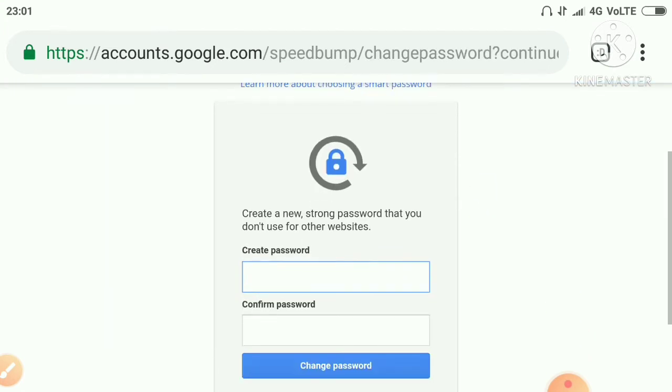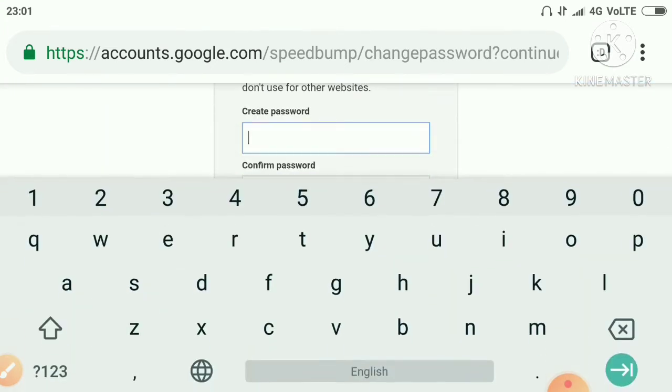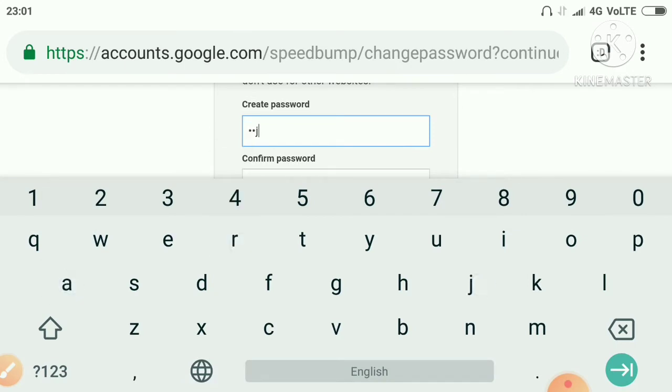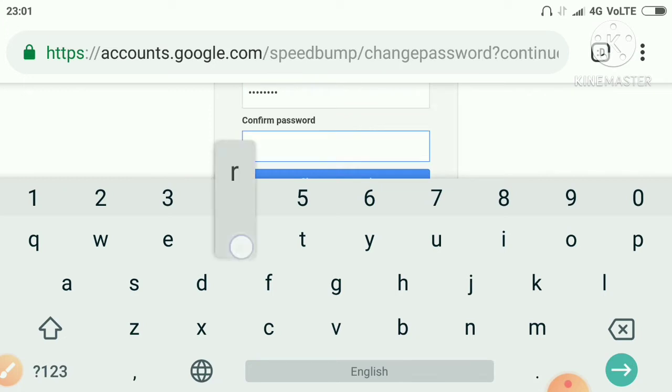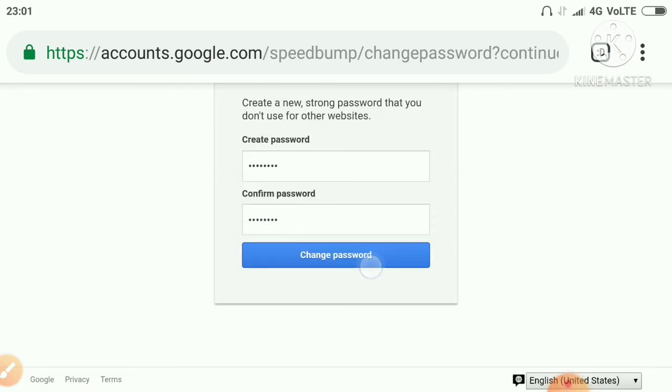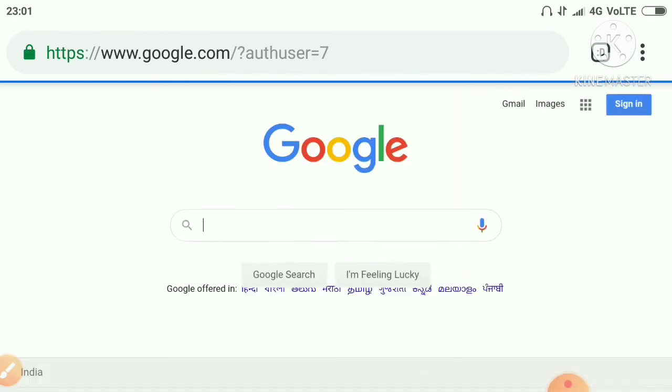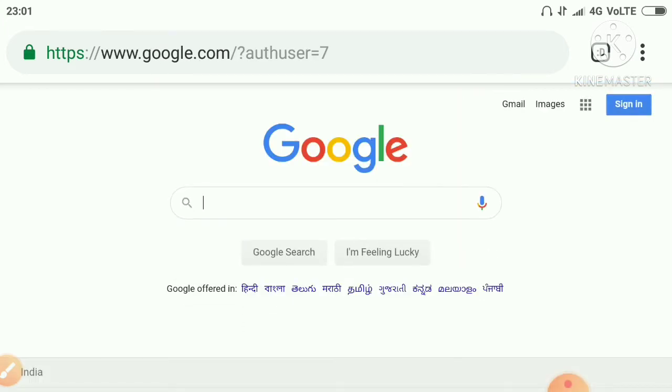After that, it will ask you to change your password. So you have to write your new password here. You have to click on change password. Now you have logged into your G Suite account.